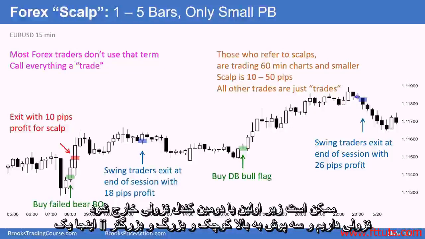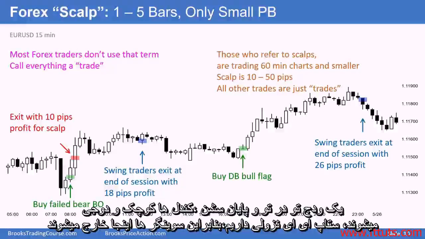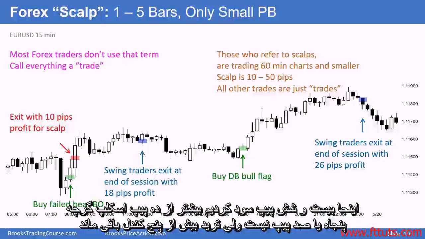We have a bear II, 3 or 4 pushes up, 1, 2, 3, and then larger, 1, 2, 3, larger, 1 or 1, 2, 3. A nested wedge, and at the end of the session, the bars are getting small, becoming dojis, and then we have a bear II. So the swing trader would get out here, and he made 26 pips profit, more than a 10 pip scalp, and it's not quite 50 pips or 100 pips, but he held the trade for more than 4